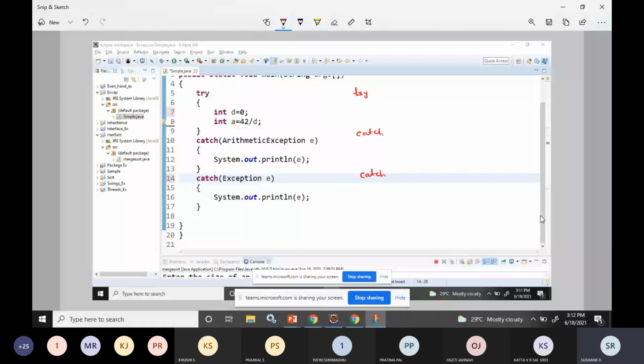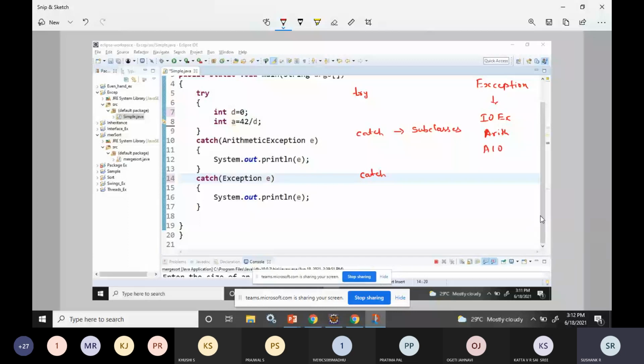So you know that we have the Exception class. For this Exception class, we have subclasses like IO exception, arithmetic exception, array index out of bound exception, then null pointer exception. So all these things, we will get some exceptions.